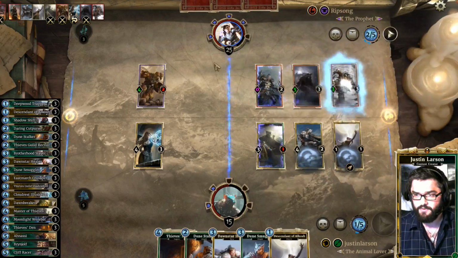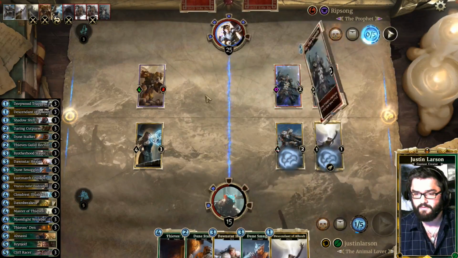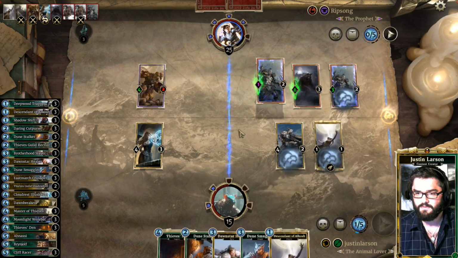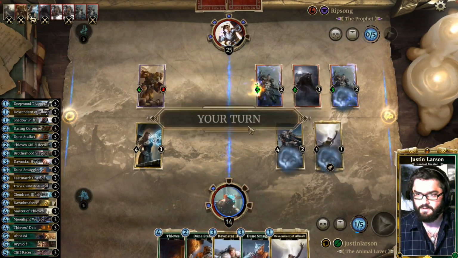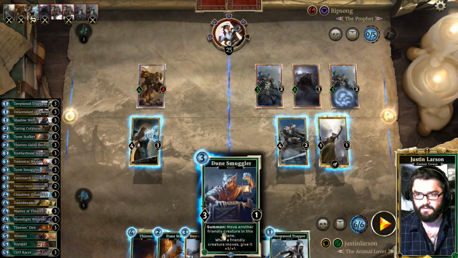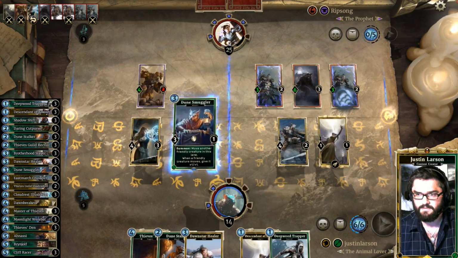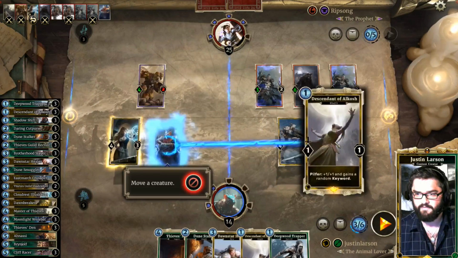There's Battle Rage Orc, taking out our friendo. We stand united. Another Orc clan captain. So... Alright. Come at me. Looks like we're going to have to make some trades here, unfortunately. Deepwood Trapper's not bad. Let's... In order to get any value out of this...